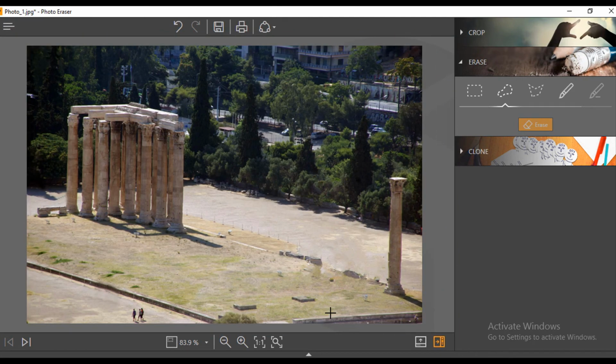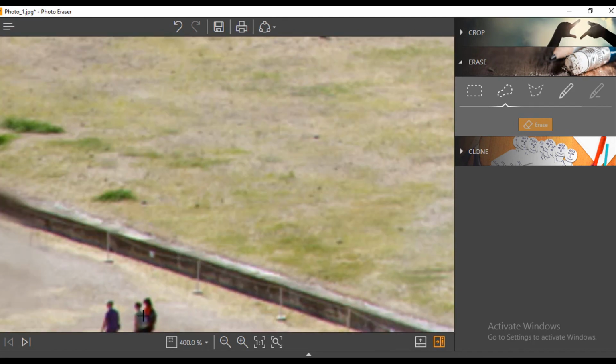So guys, we have removed the pillar also. It's not that perfect, but still